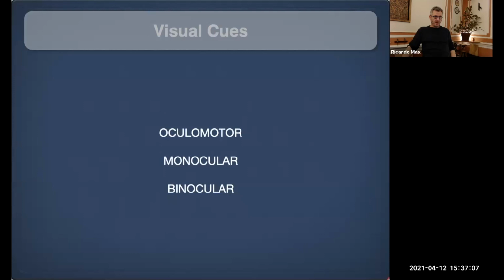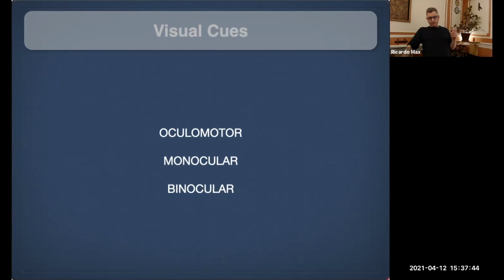So roughly speaking, all these cues from which we infer three dimensions are separated as oculomotor, that's internal, monocular, all the information we can gather with only one eye, and binocular, information that we can only gather from two eyes.